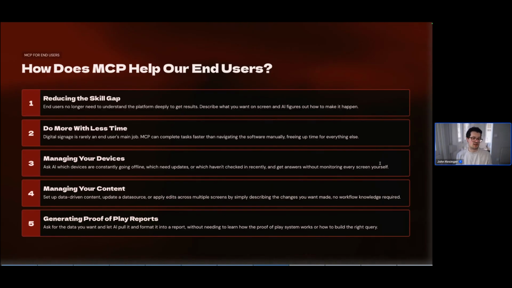And last but not least, I'll actually have a live demo for this example that I'm about to mention, but generating proof of play reports. Think of digital out of home setups or environments where basically someone is managing hundreds of screens. They have hundreds of advertisers that they're working with, and daily they're having to go into the software and update the different ads that play on their screens, when they're scheduled, when they need to be removed from the screens, etc. MCP can actually carry out those tasks,